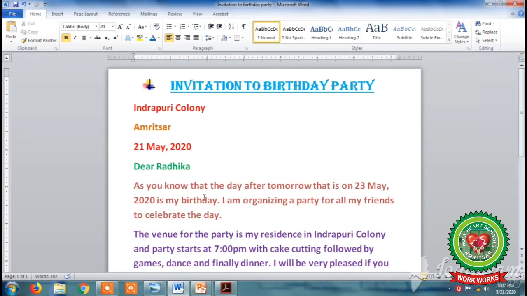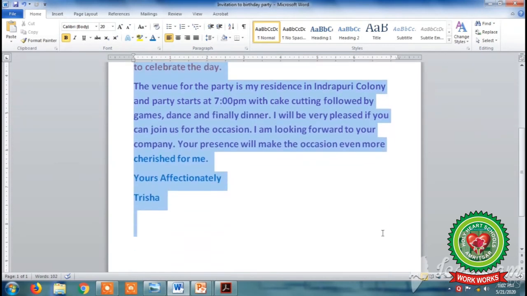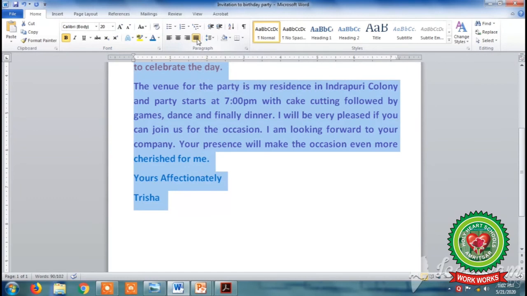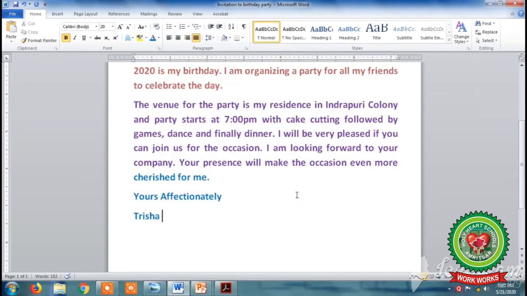Now, to make the text fully justified, first of all, select the text. Second is, in the paragraph group, we are having the 4 alignment buttons, and we will click on Justify button. Now you can observe the change that our text is equally justified from both the sides.